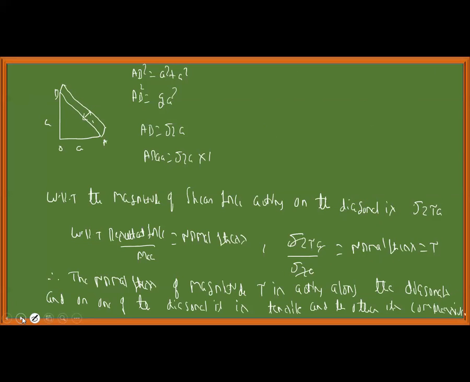I'm running out of time. We should finish this. I'm in a little hurry. That's it. It's not a problem. In the actual offline theory classes, I used to take 1 or 2 classes for the derivation of this. But since we are running out of time, I'm in a little hurry. Okay.